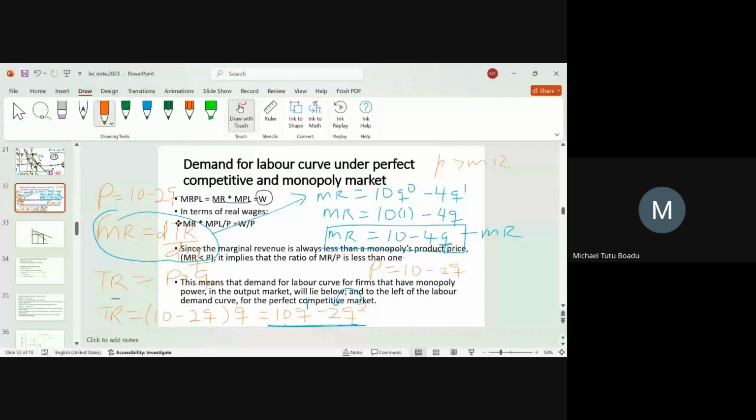Or if you like, find a figure. Let's assume Q is 2. Substitute 2 on the marginal revenue side. You have 10 minus 4 times 2, which will be 10 minus 8, and marginal revenue will be 2. Now substitute the same 2 where you have the price. So P is equal to 10 minus 2 times 2. So we have 10